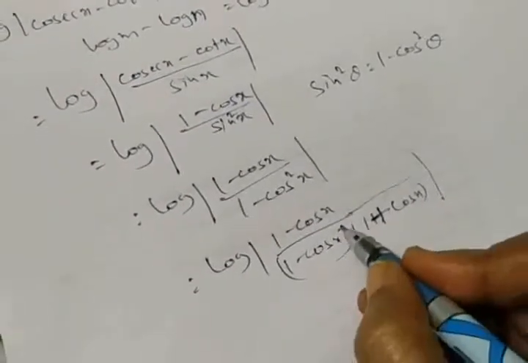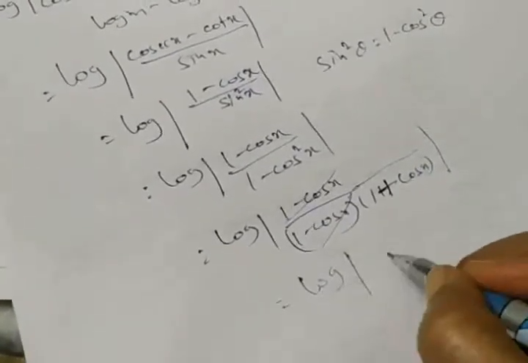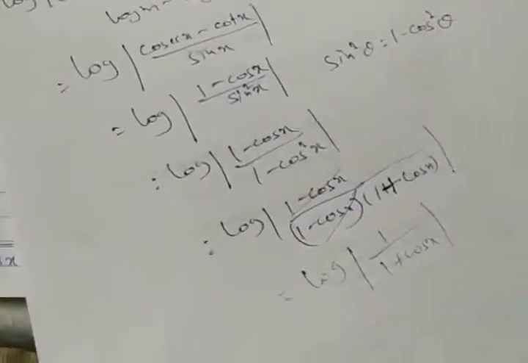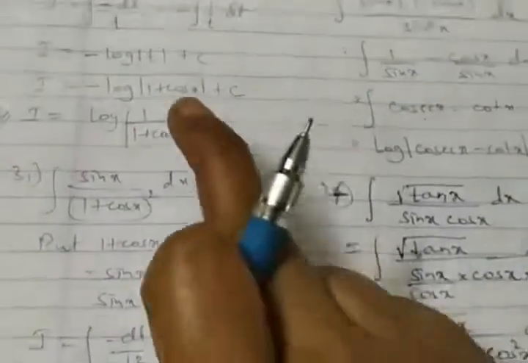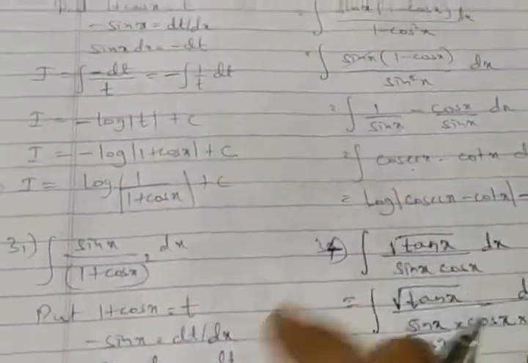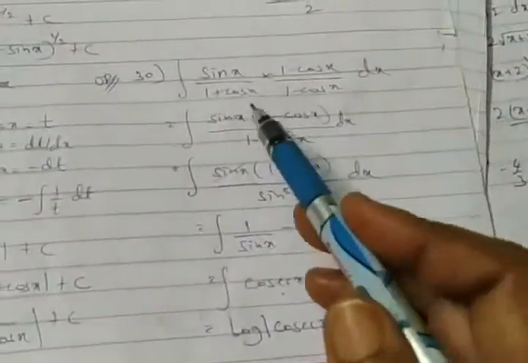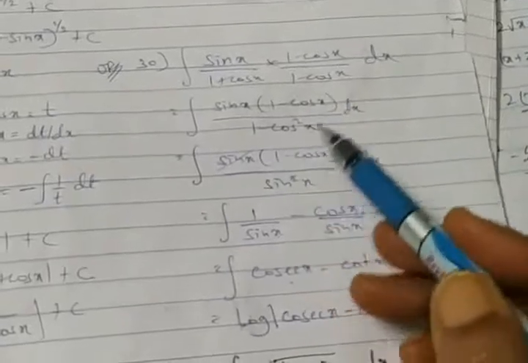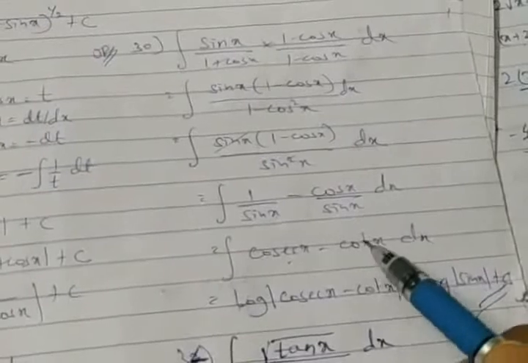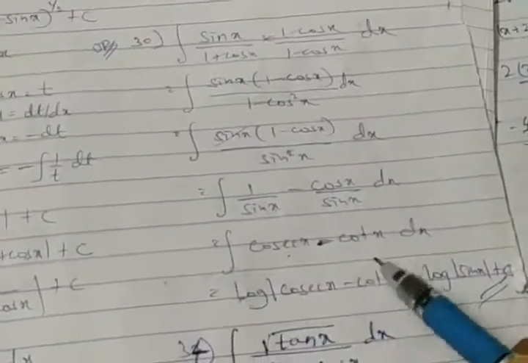Okay. So 1 minus cos x gets eliminated. We are left with log mod of 1 upon 1 plus cos x, which should be the answer, which we have accepted here. So these two terms are the only ones. But it depends whether you are going for substitution, or you had rationalized, or you have balanced in trigonometry. You have taken trigonometric terms and then you are reduced to cosec and cot. Minus is there. Therefore, integration of this is possible.